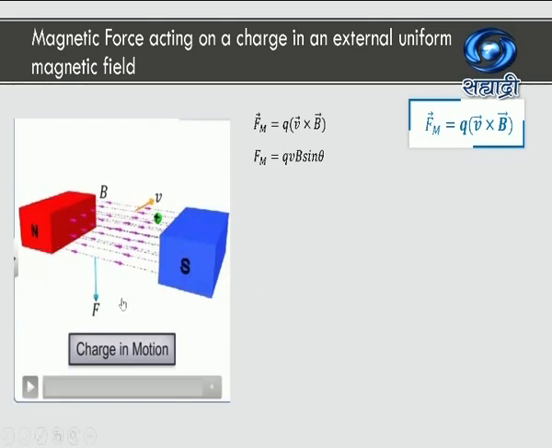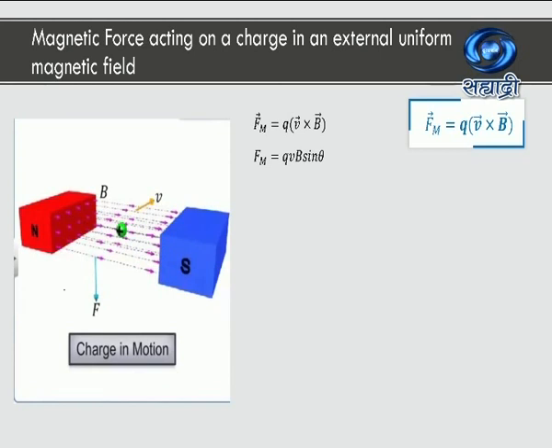Let us understand this by this video again. Here you can see that I have got a charge which I have fired with velocity v into the magnetic field. The magnetic field is from north to south. The charge is moving perpendicular to that magnetic field. Right? I will play the video once again. You can see that the charge is being fired. Instead of going straight while passing through the magnetic field, it is bending downward as if going in an arc way. Right?